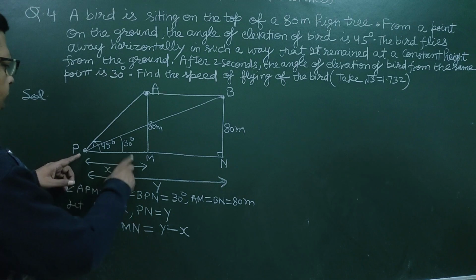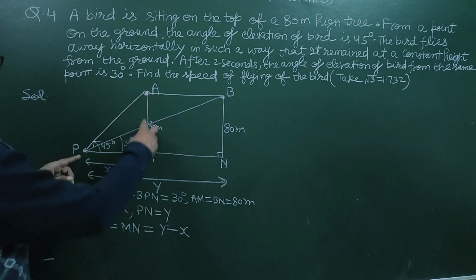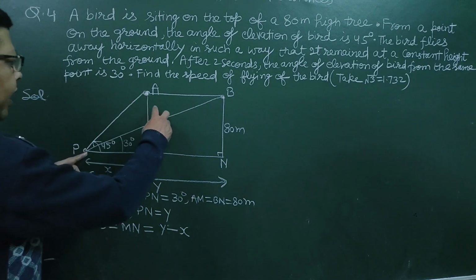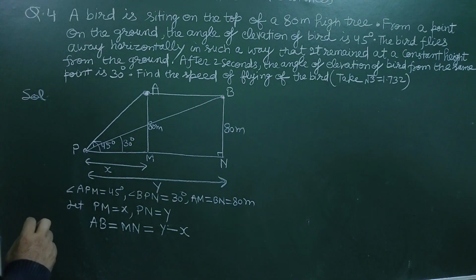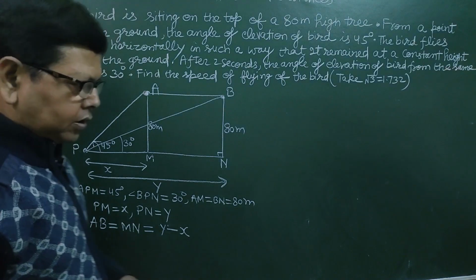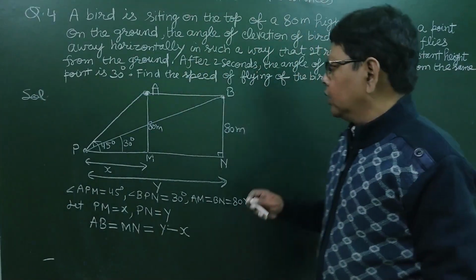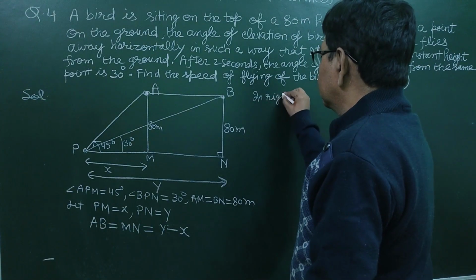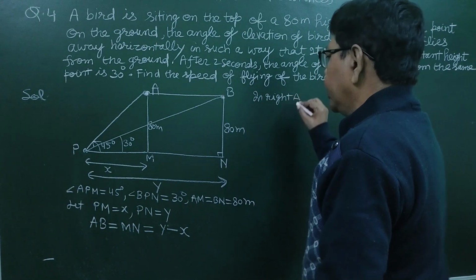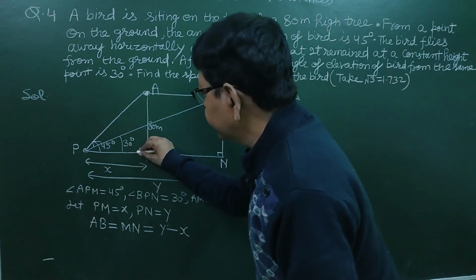Now x and y can be calculated from the two right triangles AMP and BNP. So first in the right triangle AMP,